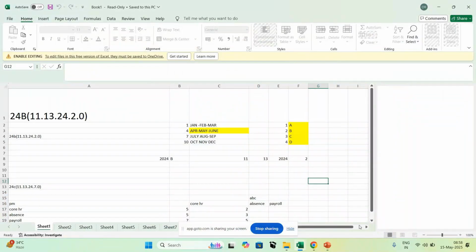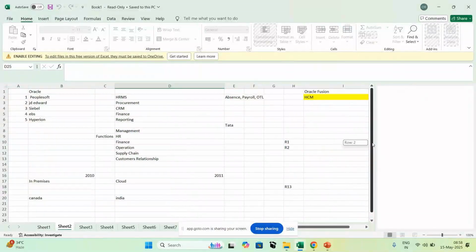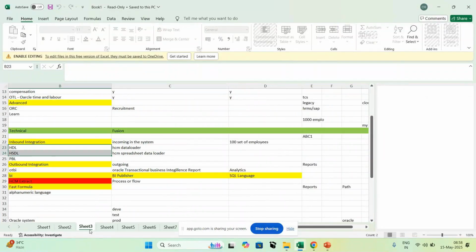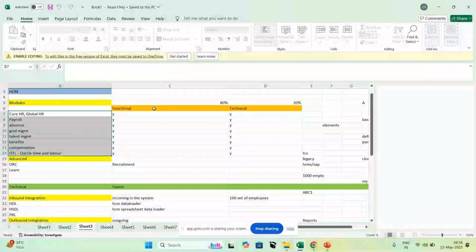Here we will see what all modules are there, what is the use of those modules. So now in Human Capital Management, we have modules like Core HR. We also call Core HR as Global HR. We also have Payroll, Absence, Goal Management, Talent Management, Benefits, Compensation, and Oracle Time and Labor. As we stated, all these modules have two sides: functional side and the